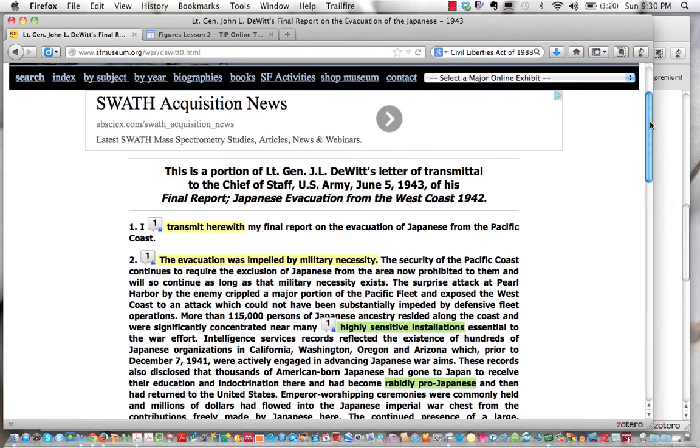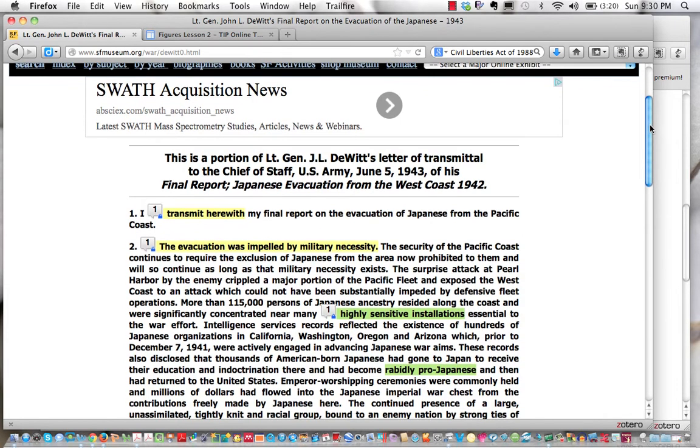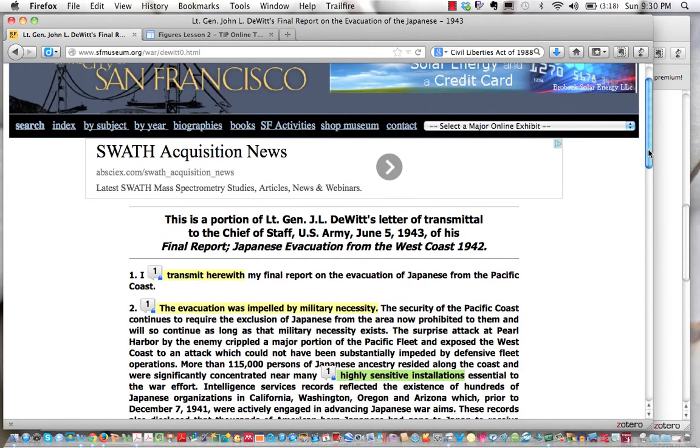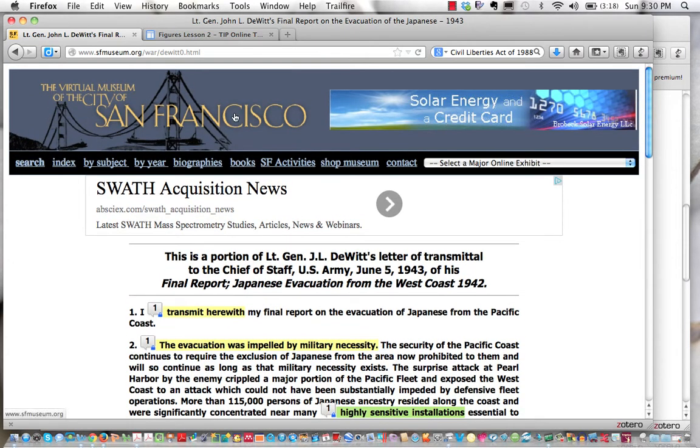I can learn from the title and the first line that the author is General DeWitt. The year was 1942, and the document appears to be his final report on the evacuation of the Japanese. At the top of the website, it looks like the report is part of the virtual museum of the city